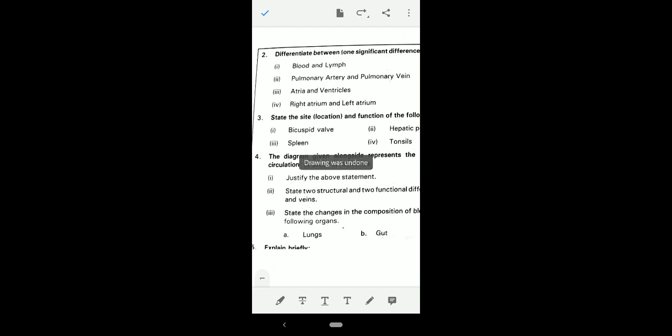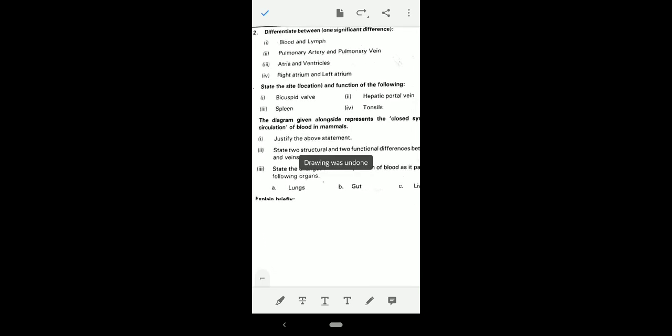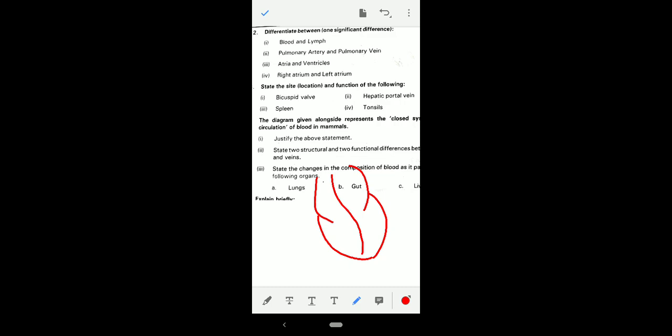Our next question is: what is the site or location and function of the following? Bicuspid valve. Bicuspid valve is present between left auricle and left ventricle. This one is bicuspid valve. This is also known as mitral valve. क्या कहते हैं इसको? Mitral valve. Okay. This is the location, and what is the function? It prevents the backflow of blood from left ventricle to left auricle, or it allows blood from left auricle to